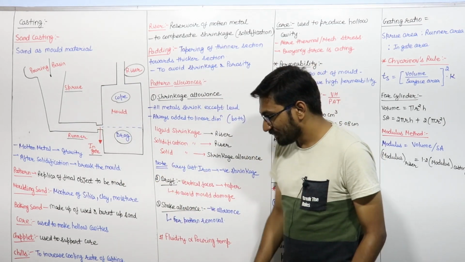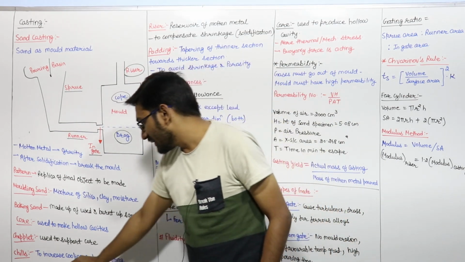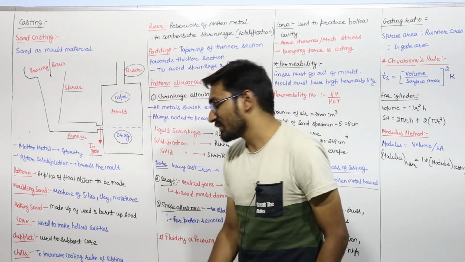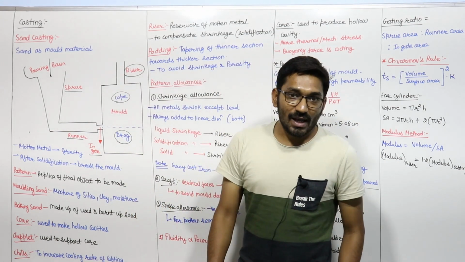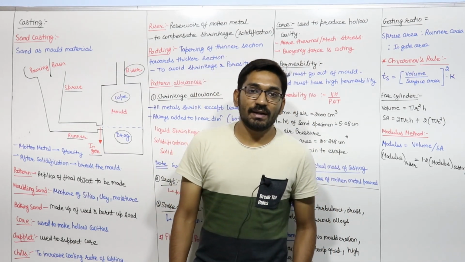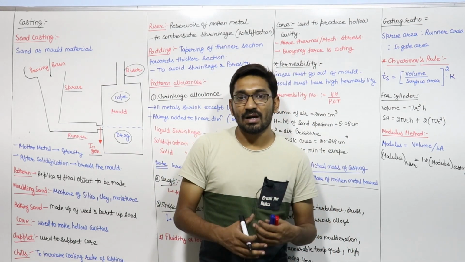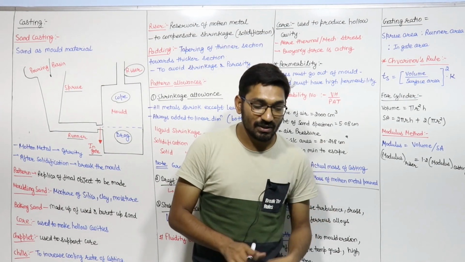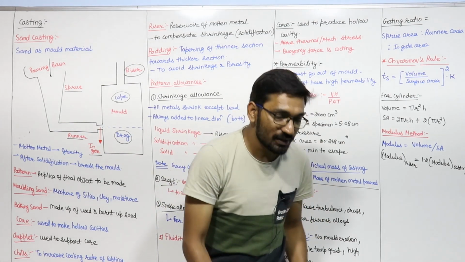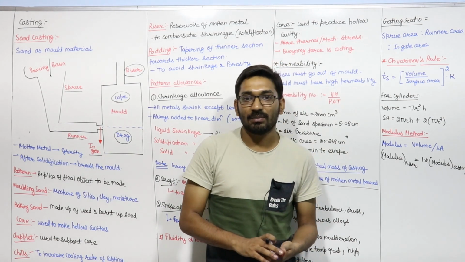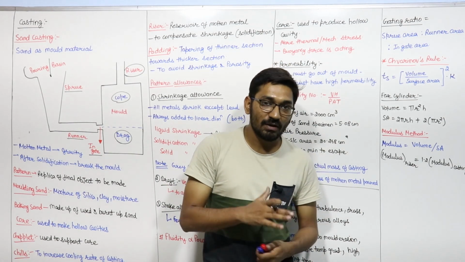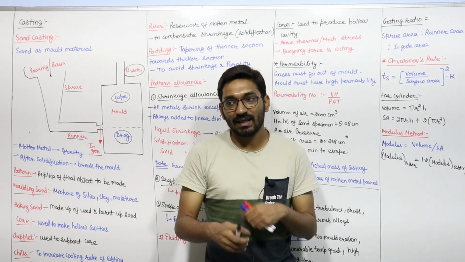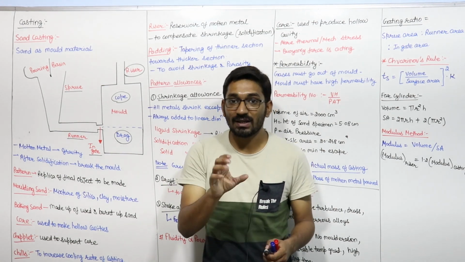Next is your chills. Chills are used to increase the cooling rate of the casting, right? In casting, the most important thing is the solidification. How does the solidification start? How is solidification happening inside the casting, where is it starting from, what is the rate of solidification? Because the grain size depends upon the solidification, and the properties of the casted